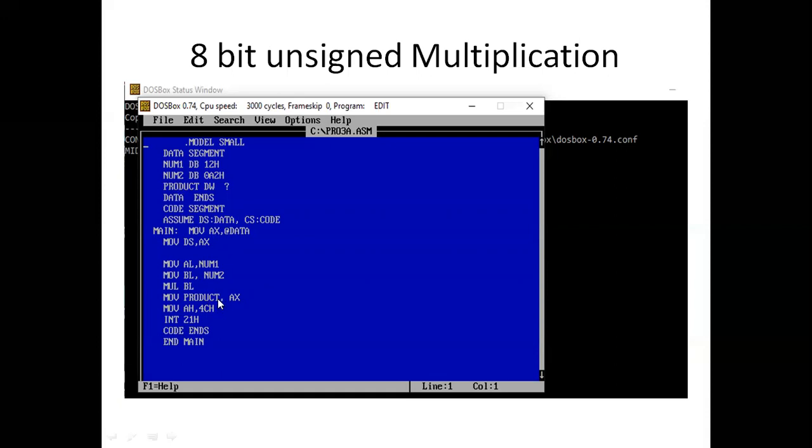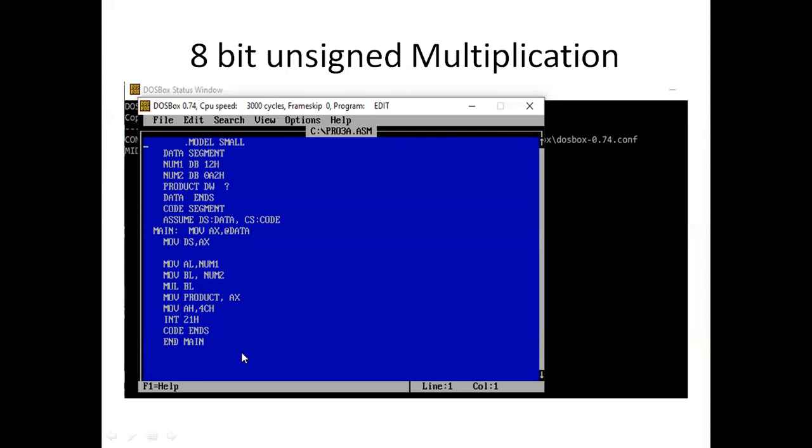At the end, we terminate the program using MOV AH, 4C and INT 21H. This 4C is the DOS service to terminate the program. Afterwards, we end the code segment and end the main.